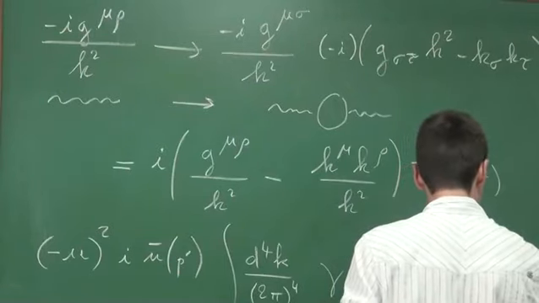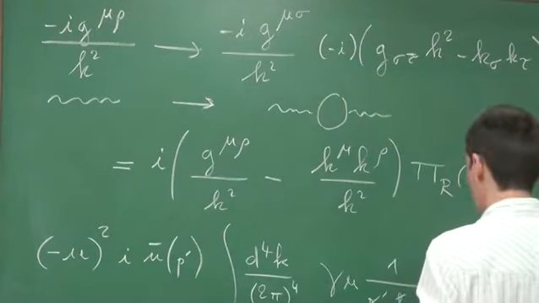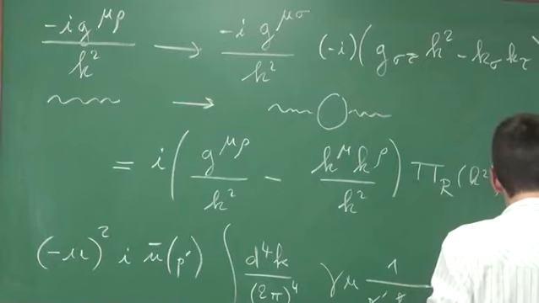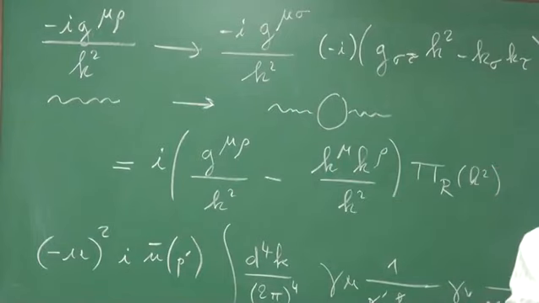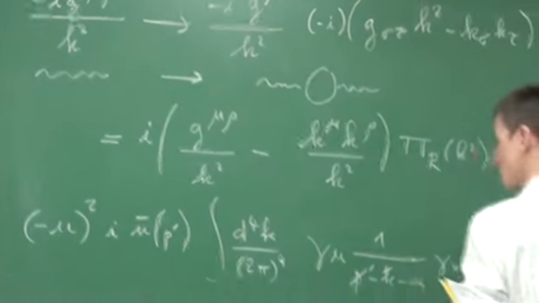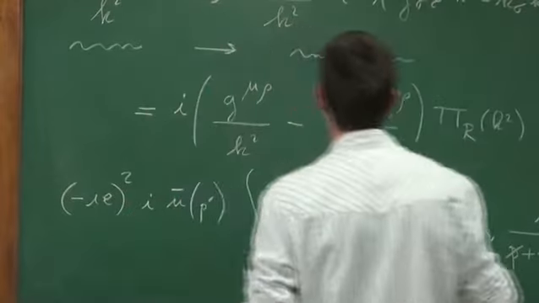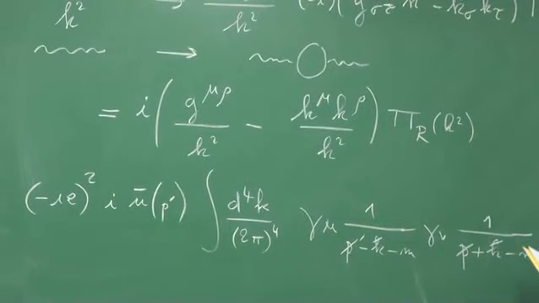But now a bit motivated by this function. Times gamma mu over k squared